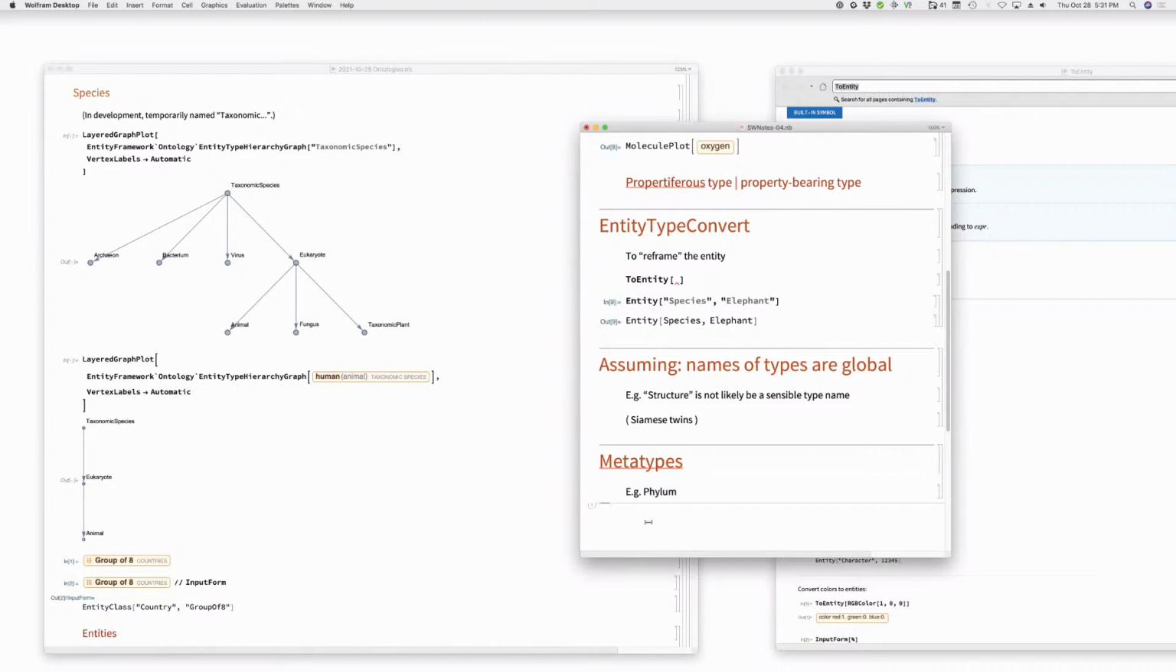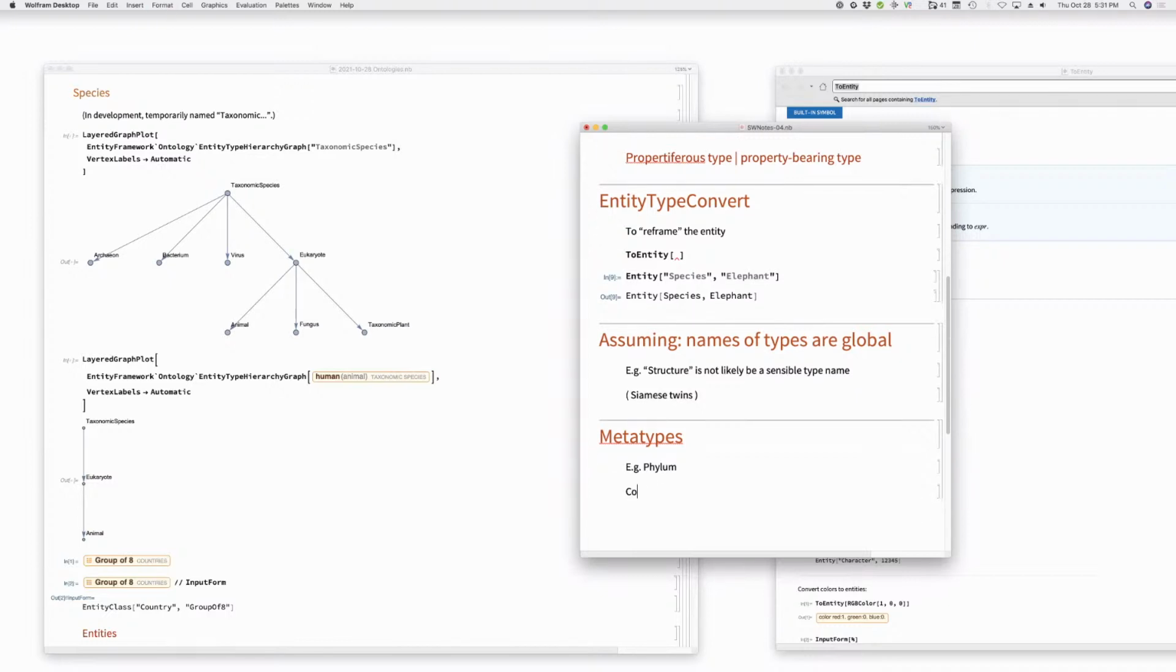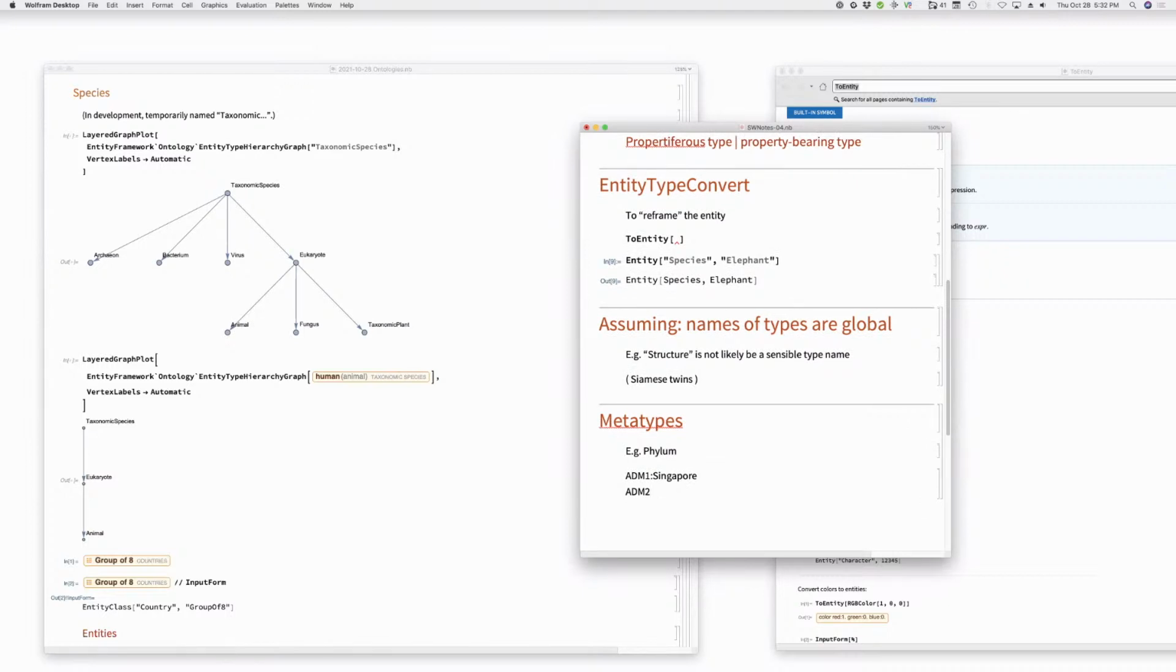Not fully. Okay, so look, the issue is, let's say we do it in terms of countries. We'd say the country Singapore. No, let's take the administrative division, ADM1. Let's say we're just doing administrative divisions. ADM1, Singapore, ADM2, Singapore, so to speak. This is a bad example. What I'm looking for is,